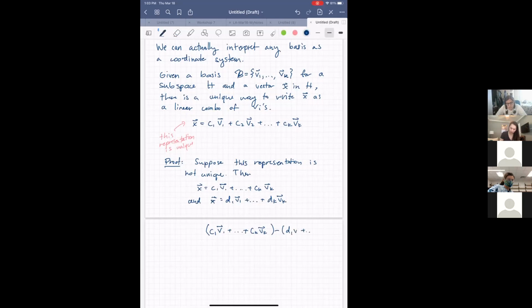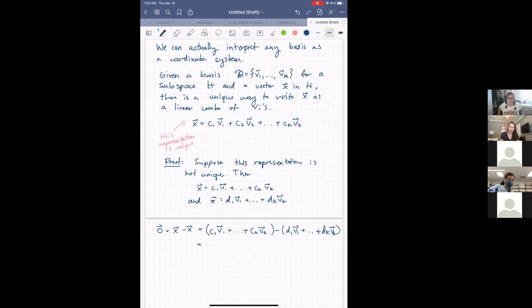Wait, okay, V1 up to DK times VK, like that. So if I subtract those two things, that's the same as subtracting X from itself, right? Because those are both representations of X. X being the same as itself, we just get the 0 vector on that side. And then on the other side, we can just group these